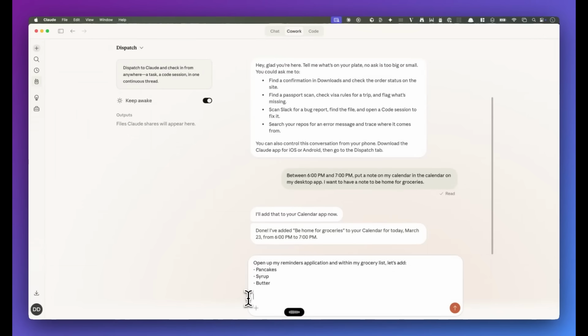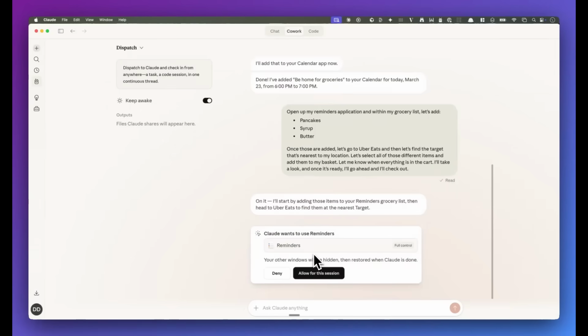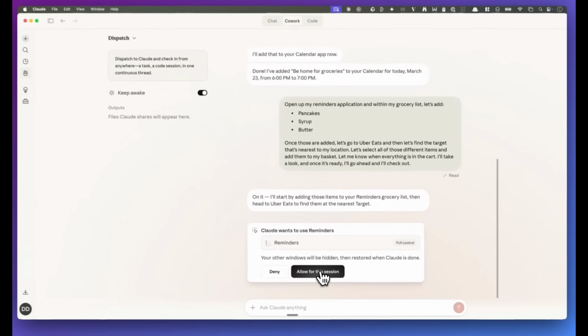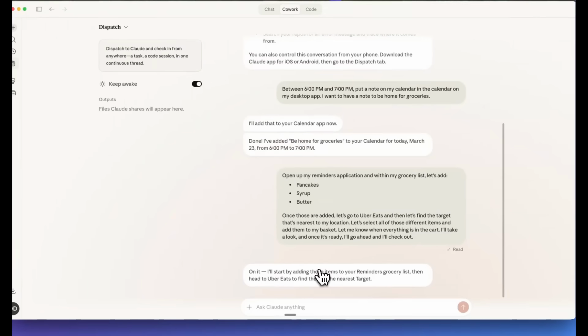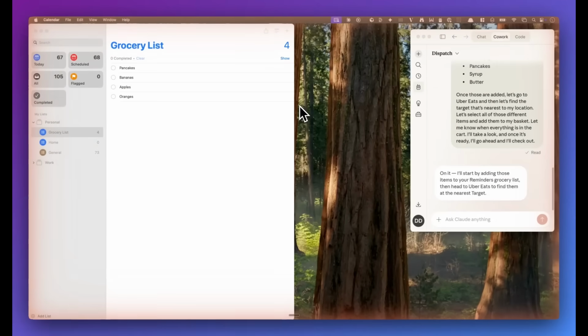Let me know when everything is in the cart. I'll take a look, and once it's ready, I'll go ahead and check out. Okay, so now I see Claude wants to use my reminders. I'll go ahead and say, yes, you can use reminders for this session. And then just like we saw before, it will open up the application for us and it will do that